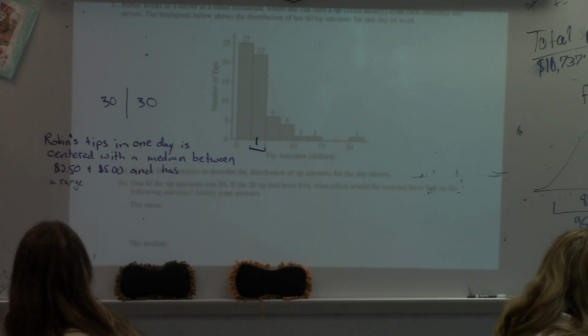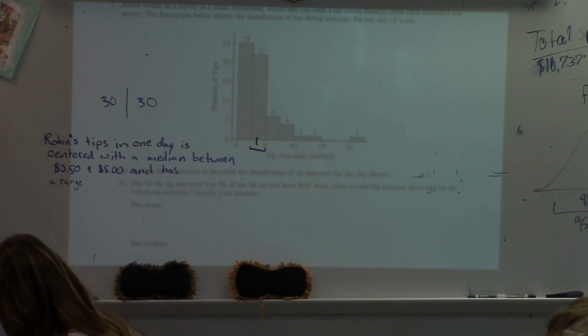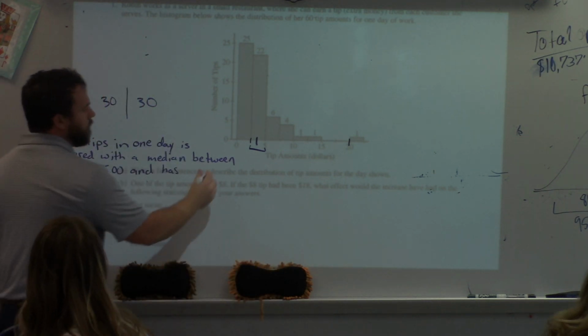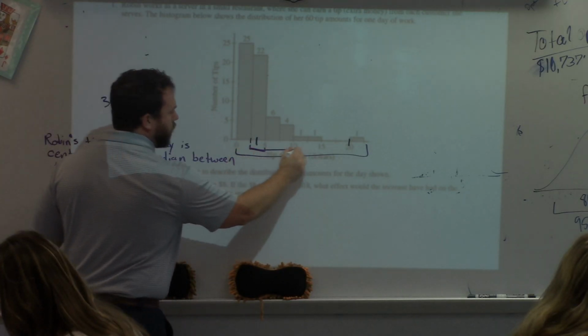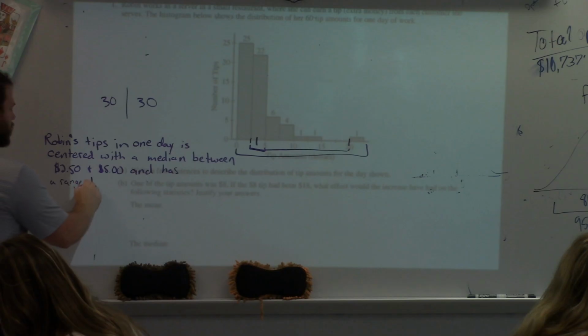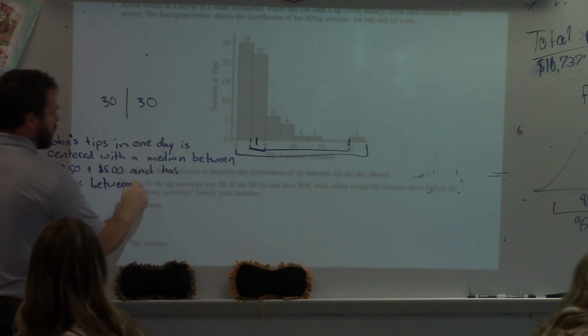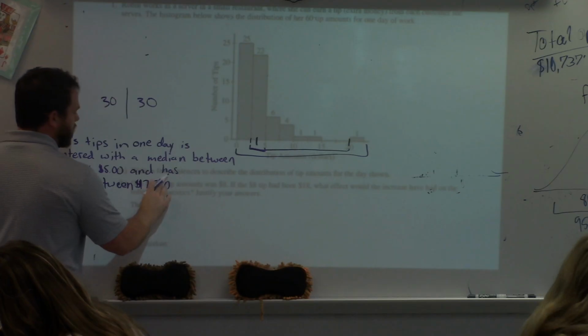At most 22.5. You could say at most 22.5, but what's the minimum range then? The minimum range is 17.5. Notice the maximum goes from 0 to 22.5, but the minimum range would be from 2.5 up to 20. Normally you don't talk about a range between values, but because of this histogram you can and should: 17.5 or $17.50